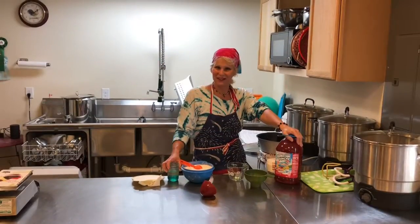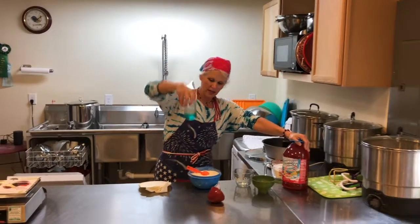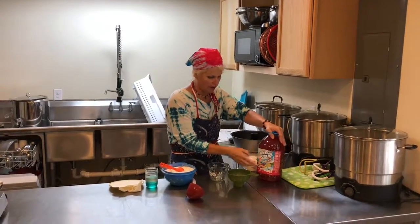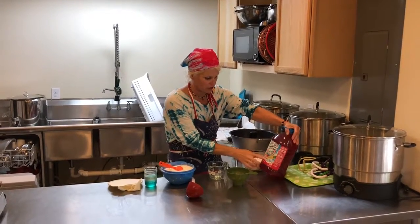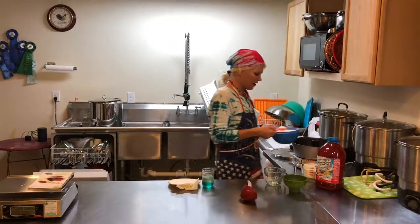Hey guys, and welcome back. Here we have layer number 2. And so it's been about 4 hours, so I'm gonna go ahead and do the Hawaiian Punch. This is the fruit juicy red. And I'm gonna go ahead and start off, like I said, with the 5